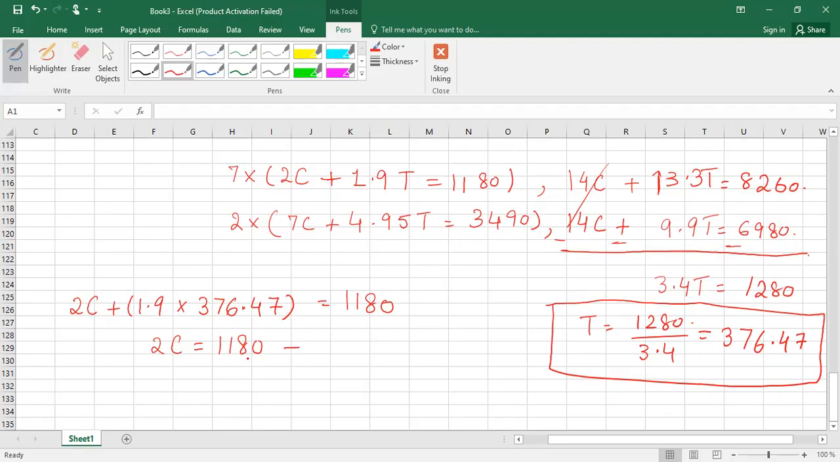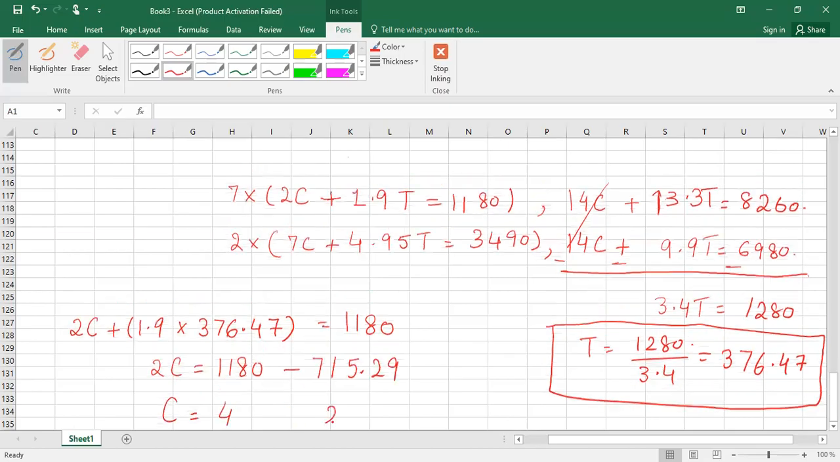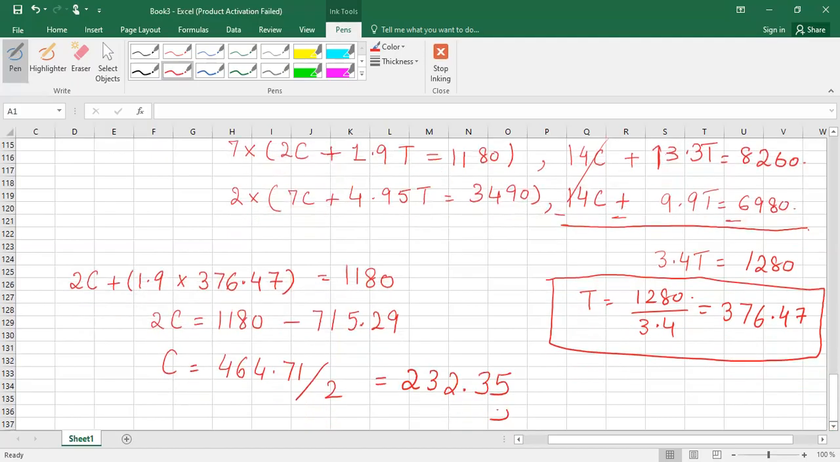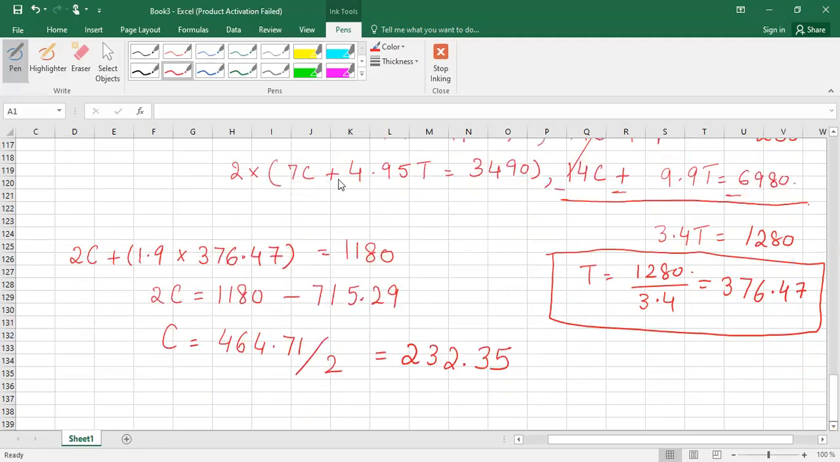minus 715.29. So this value is 715.29. After deducting from 1180, the remaining is 464.71, divided by 2. So the maximum chairs we can produce is 232.35. If I am going to put the same number of tables in the second equation, my answer of chairs